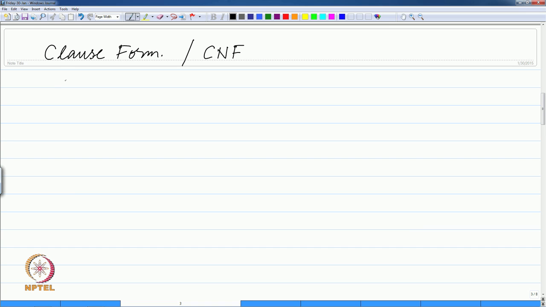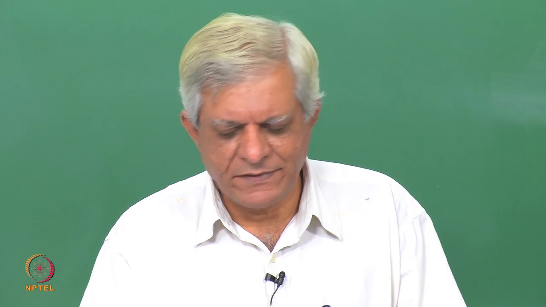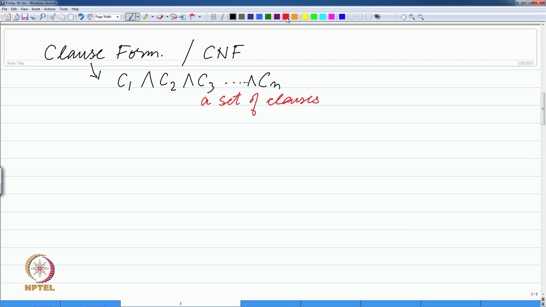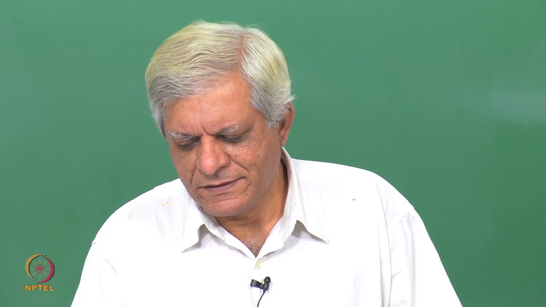So, a formula is in clause form if it is of the form where it is a set of clauses C1 and C2 and C3 to Cn. A set of clauses. Okay. So, I am using the term a set of clauses, but obviously, the formula that I have written is not in a set notation, it is in a logical notation that we have in the logic language that we have. So, when we write a set of clauses, we may sometimes just denote it as C1 comma C2 comma C3 comma Cn. So, we often write clause form formulas as a set as well essentially,